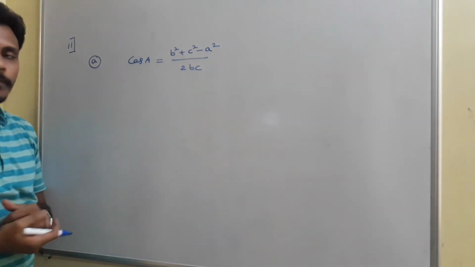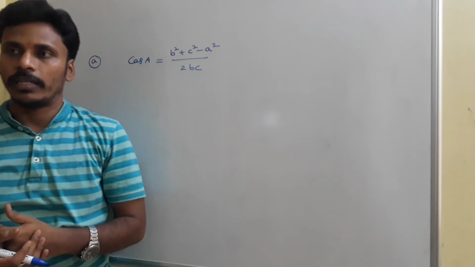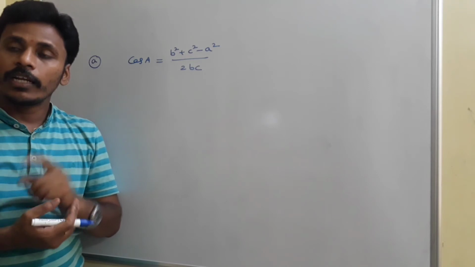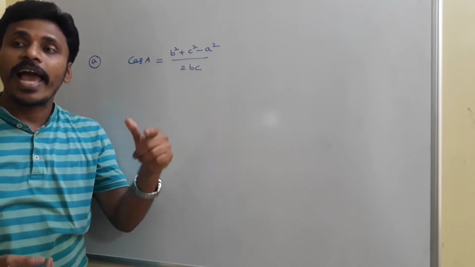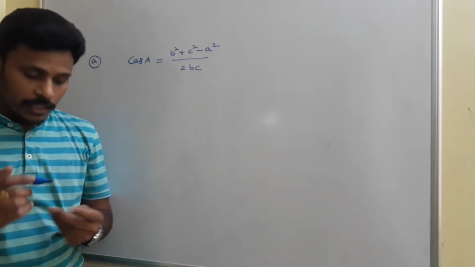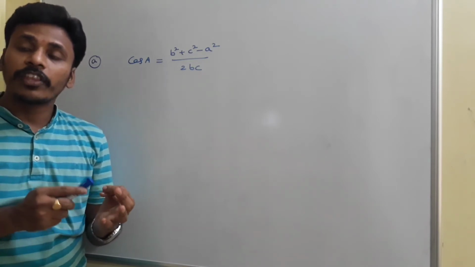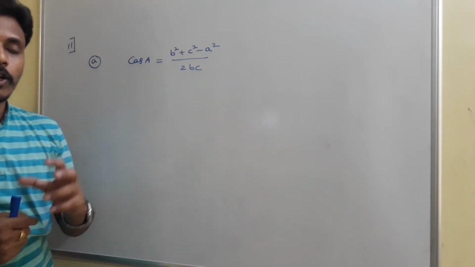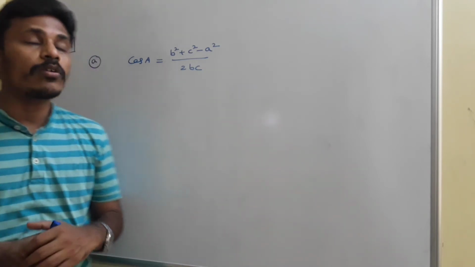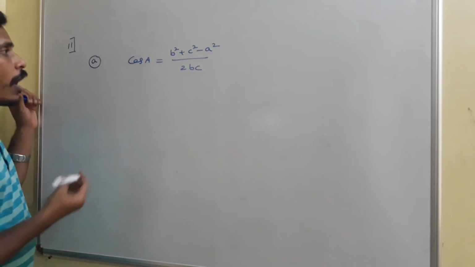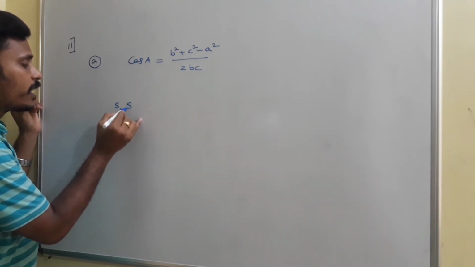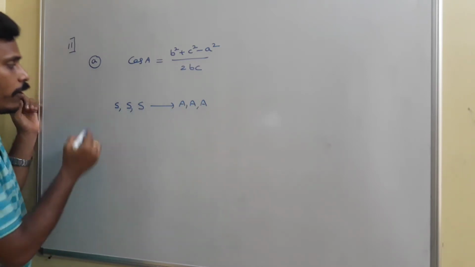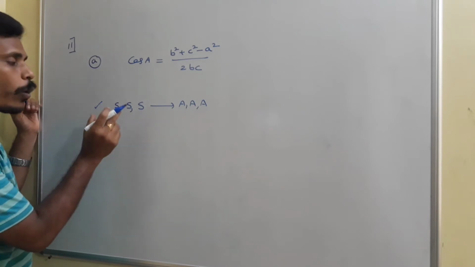If you observe it, what this cosine rule does is, if you have three side lengths of the triangle, then the cosine rule gives us the three angles of the triangle. Is it clear? Whereas in the sine rule, if you have three sides, the sine rule will give us the ratio between the sides of those angles, but not the direct angles. But the cosine rule directly gives us angles. Okay, see how the cosine rule works. If we have sides, then there is a chance to find angles. From the cosine rule, this is one work of the cosine rule.